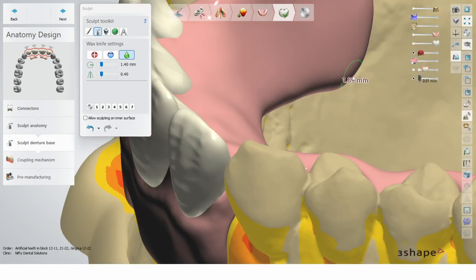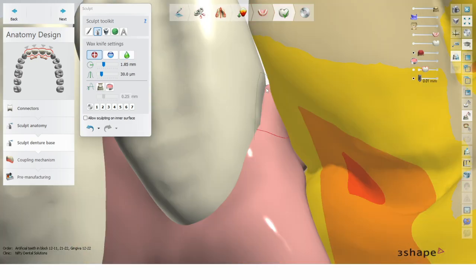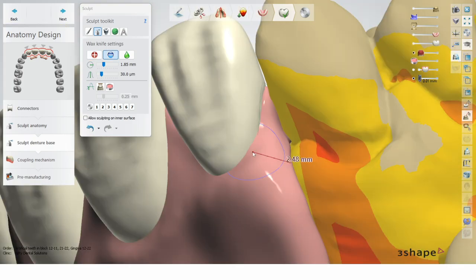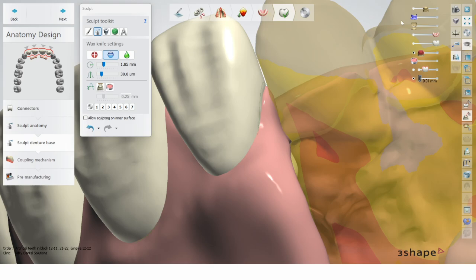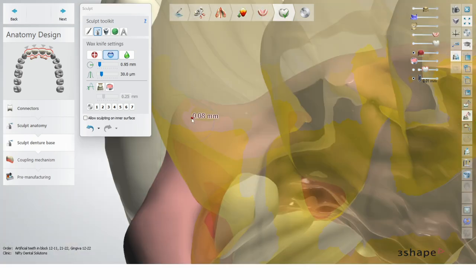Let's have a look now. I can go a little bit higher there. You can see I put in transparency, I can see what's going on there if I was going through a bit too much.